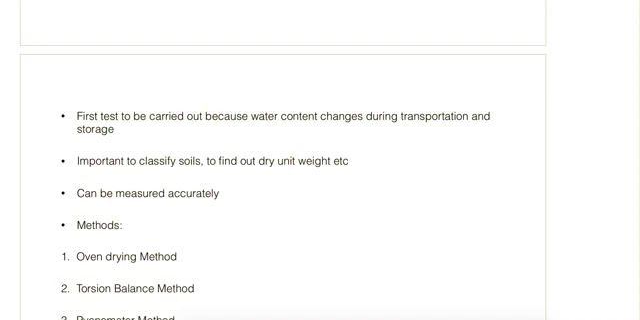If we want to classify the soils or to know the dry unit weight, we should first know the water content. And for the consistency limits also, that we will see later in this unit, for that also we need to know the water content,